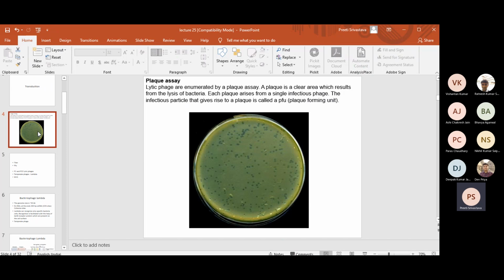And we discussed in the last class that because the M13 phage is filamentous in shape, these virions or virus particles can be released from the cell through the tiny pores of the cell, and this doesn't result in lysis of the cell. So in case of M13, you will not see these plaques.